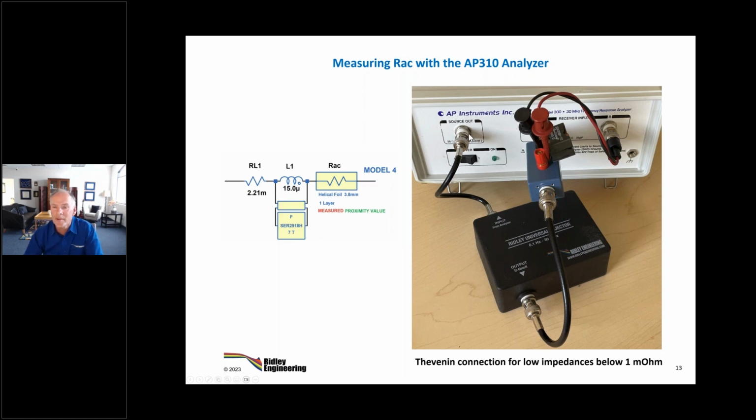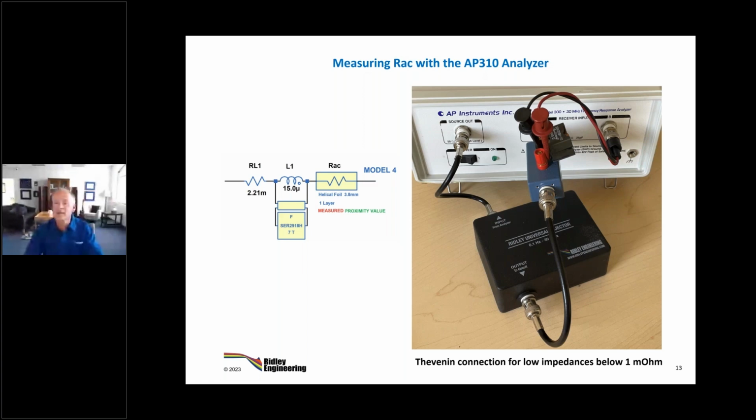We take the source from the output here. It goes through transformer isolation, which is passive. And then we establish a Kelvin connection to the inductor. The Kelvin leads come and hook on here to the plus and the minus. You don't want to measure the contact resistance of this part. We've got only about 2 milliohms of DC resistance, so we've got to measure a very small resistance, and we've got a lot of inductance in there. So a lot of the impedance is going to be reactive here. This is a difficult measurement to make.